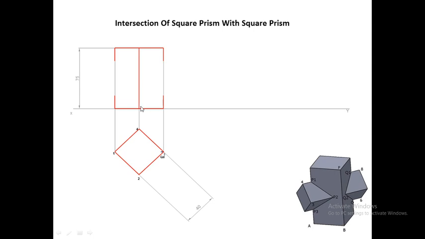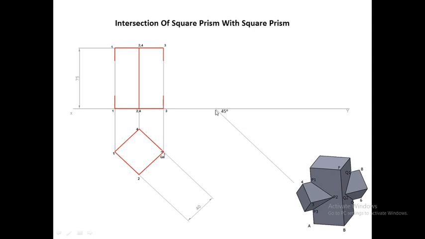Now we will draw the side view of the vertical square prism. So first we have named all the vertical edges. Since it is a square prism, it will have four vertical edges: vertical edge 1 1, vertical edge 2 2, vertical edge 4 4 and vertical edge 3 3. Since 2 and 4 are overlapping with each other, both these vertical edges will overlap in the front view and the height will be 75 mm. Now we will draw the side view of the vertical square prism.